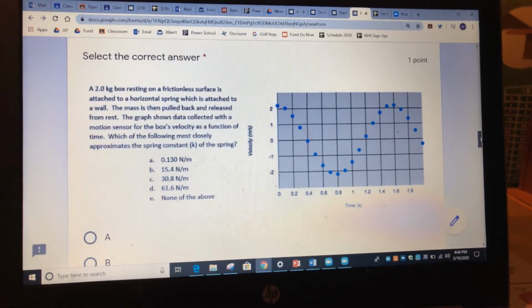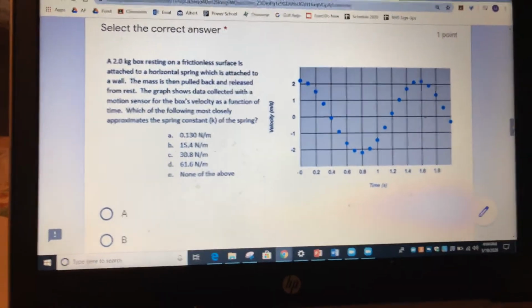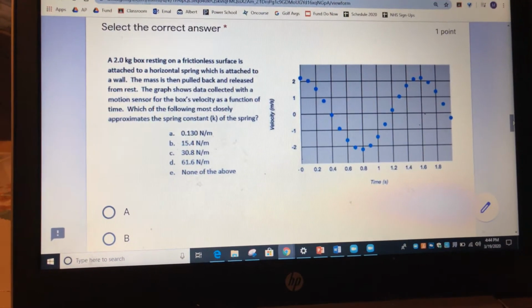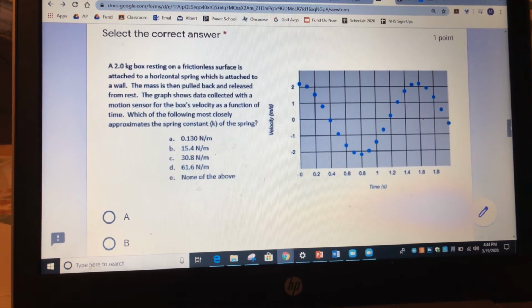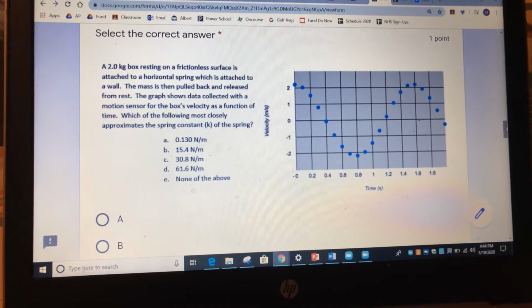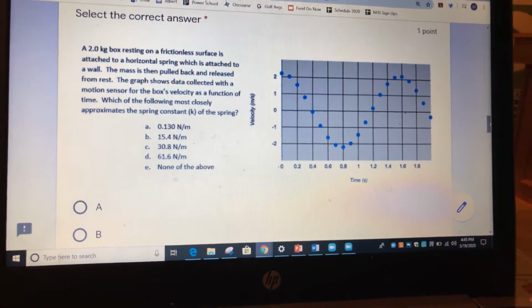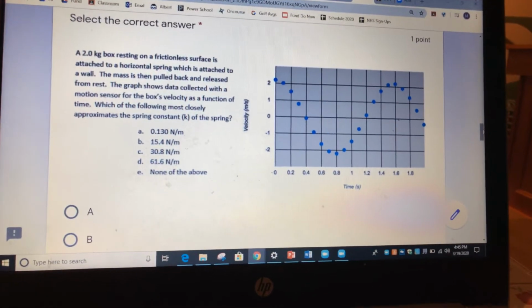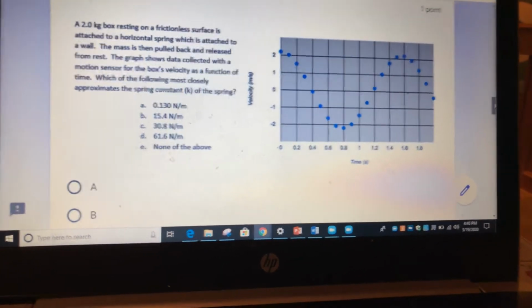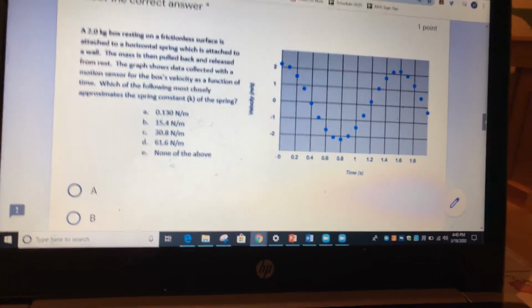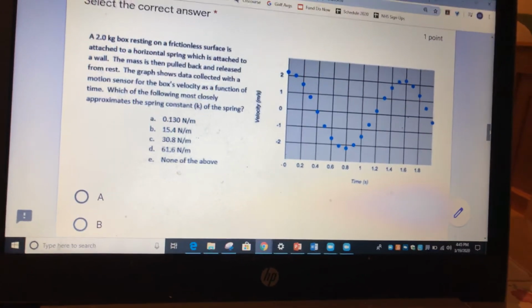Select the correct answer for this one. So all you have to do with this one definitely makes it look harder than it is. It gives you the mass. You had to find the spring constant. So if the equation is T equals 2 pi times the square root of m over k, the only variables in there that aren't constants are m, k, and period. You're given m, you need to find k, so in order to get k, you need to know the